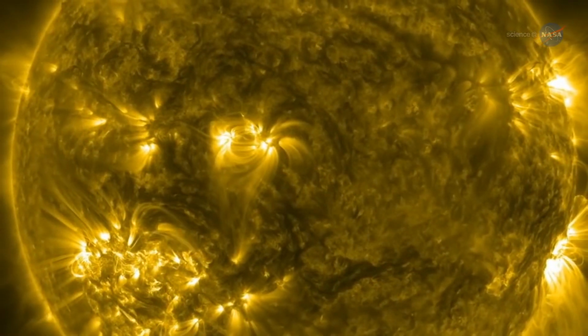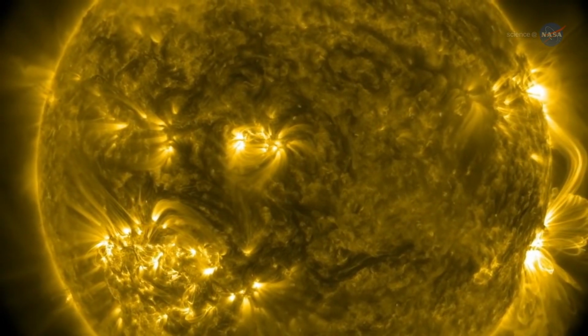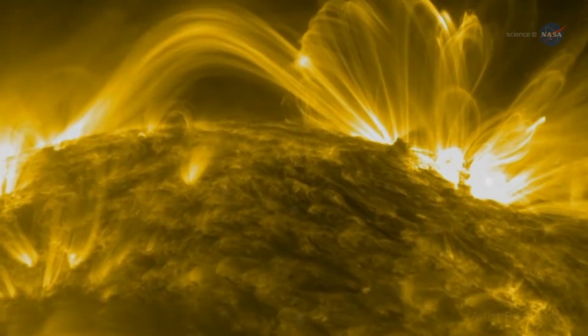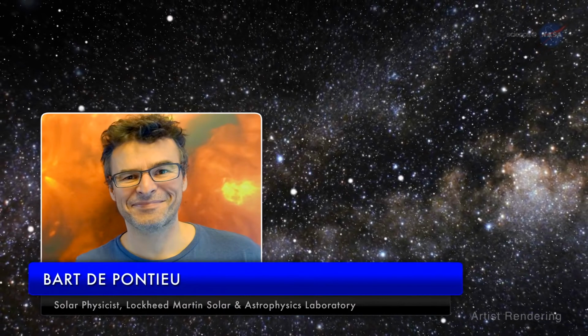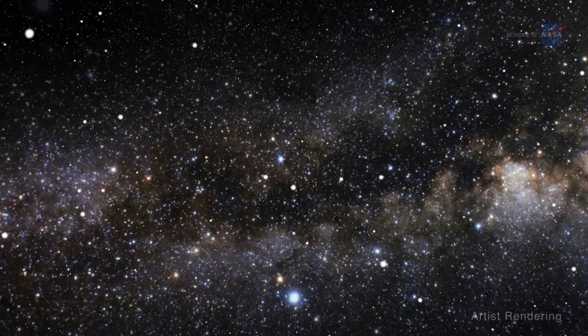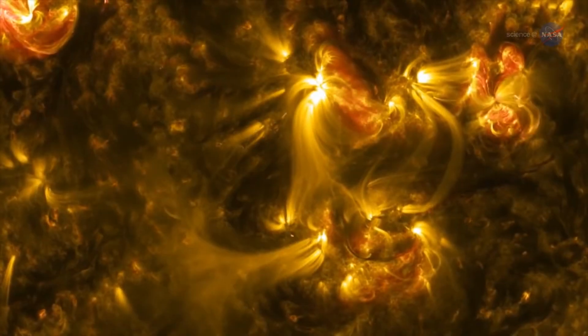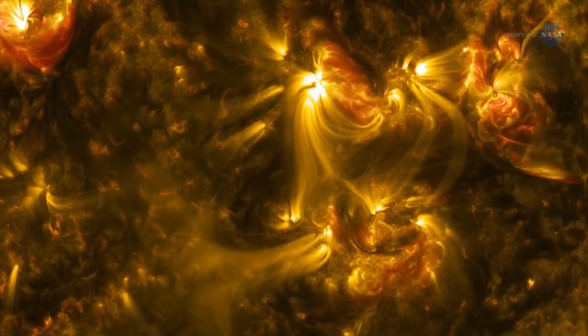For more than a half-century, astronomers have tried to figure out what causes the corona to be so hot. It's one of the most vexing problems in astrophysics. Solar physicist Bart De Pontieu of the Lockheed Martin Solar and Astrophysics Laboratory says, "The problem of coronal heating was first discovered in the 1940s. The problem involves a variety of complex physical processes that are difficult to directly measure or